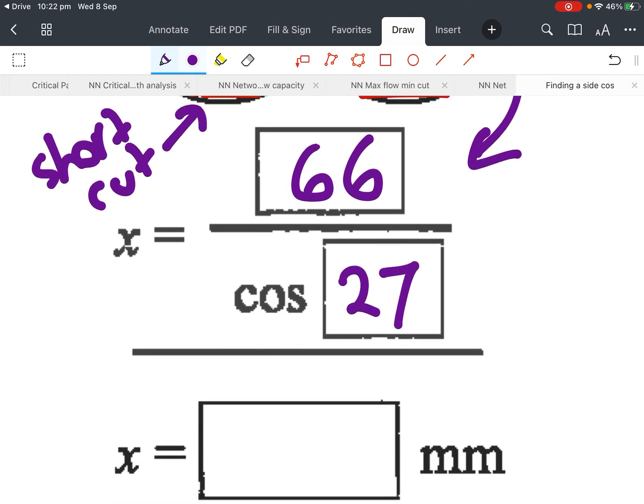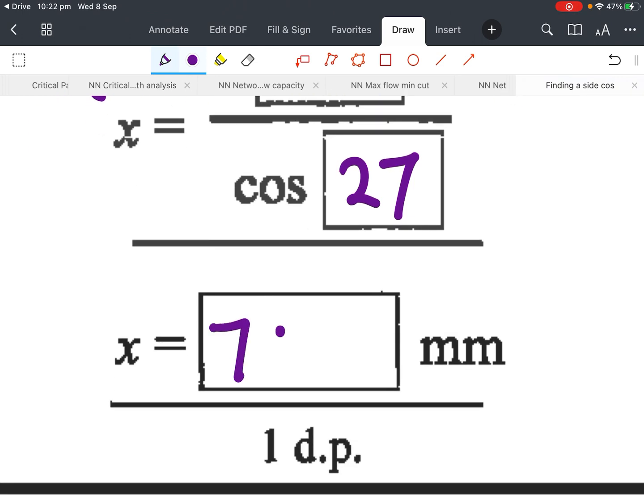So on my calculator, I'm going to do 66. Now either fraction key if you've got a Casio, or divided by, it shouldn't make a difference. If you're doing it on your Sharp though, you open brackets and then do cos 27 and close your brackets. Otherwise you might get a wrong answer. You don't have to do that on the Casio, people. So once I do that, I get